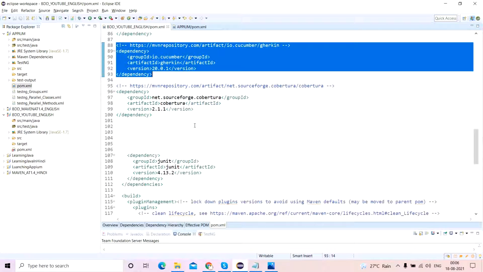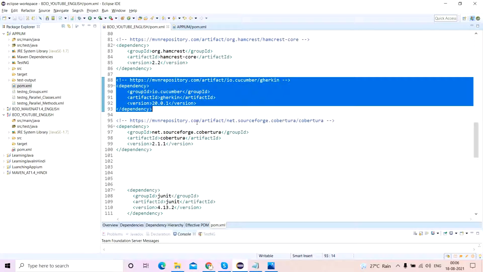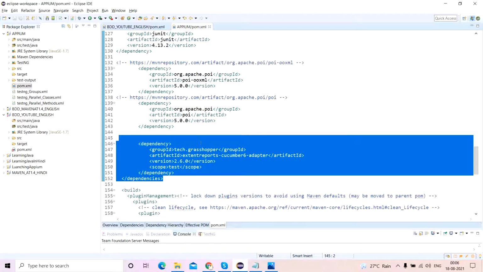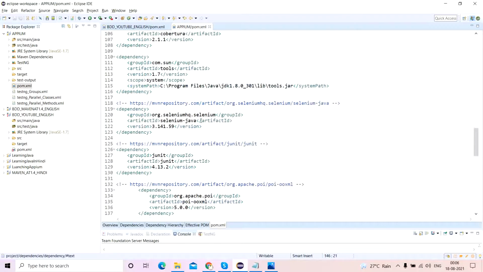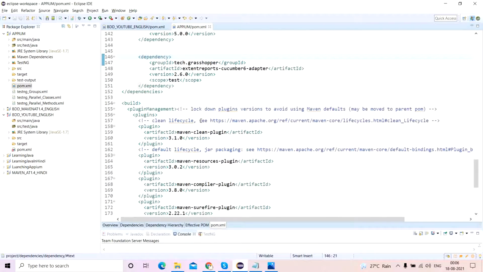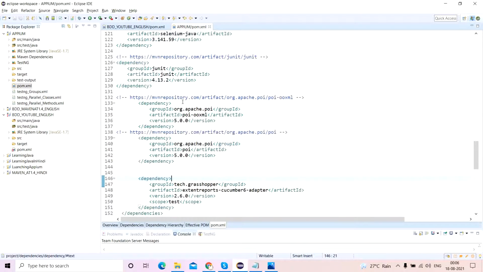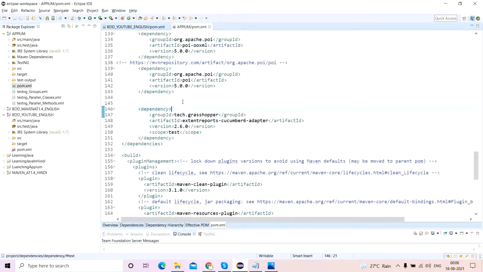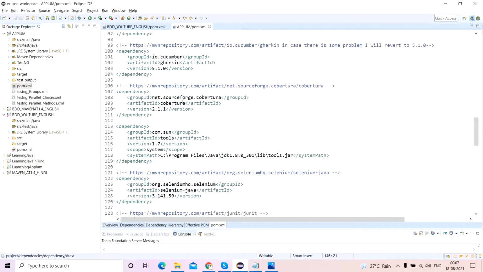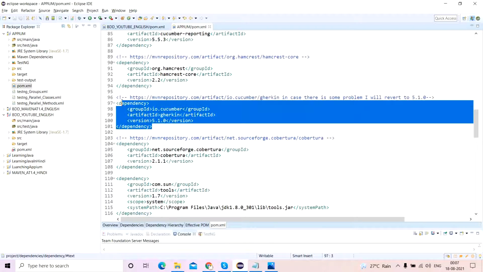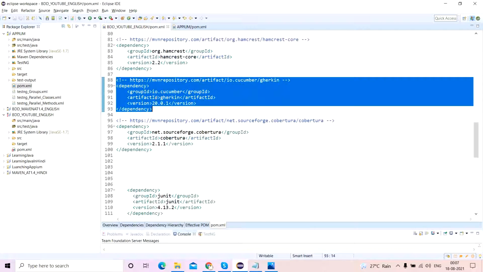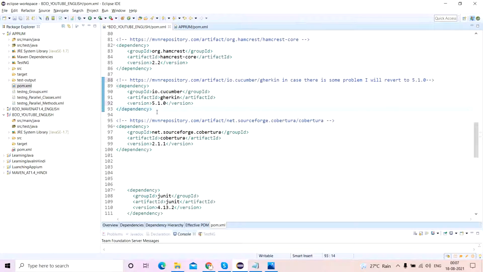Up to here it was fine. So Gherkin I need to change from that to 5.1.0. I don't know why that error came up.